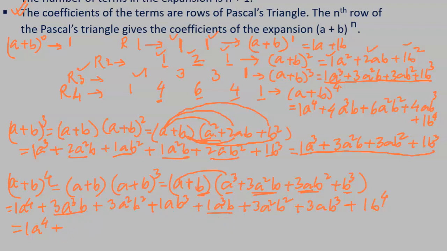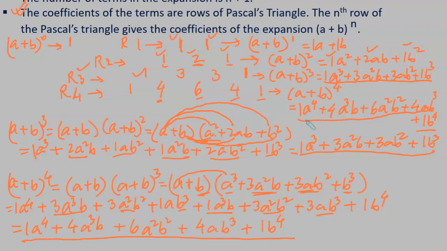So, it is plus 4a cube b, plus 3a square b square and 3a square b square, so plus 6a square b square, plus ab cube plus 3ab cube, which is plus 4ab cube, and plus 1b to the power of 4. Now you see this expansion is exactly the same as we have got over here